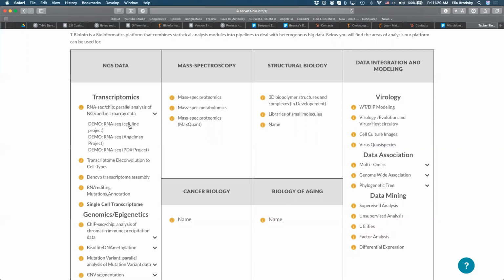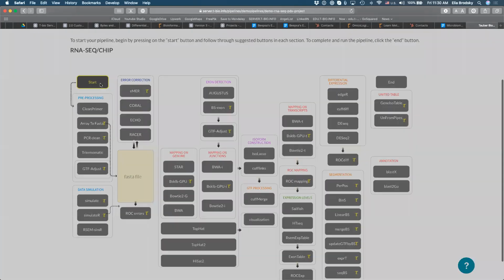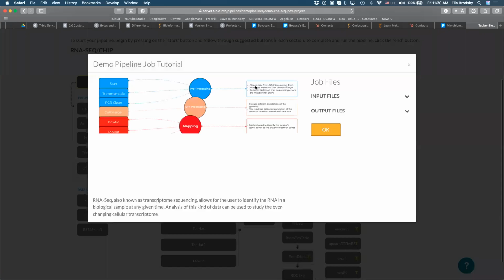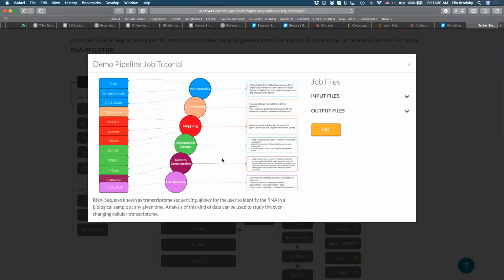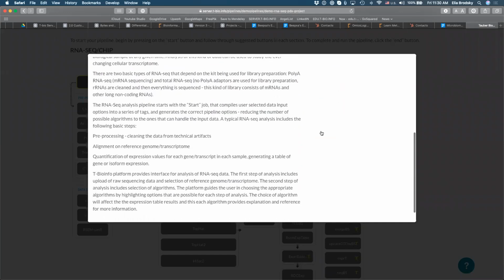One on cell line projects, where we have a collection of different cell lines from different types of breast cancers. And we have a PDX, a patient-derived xenograft model project, that you can play around with and understand the data. So we explain here every step, and we also provide the technical description of the methods, as you will see